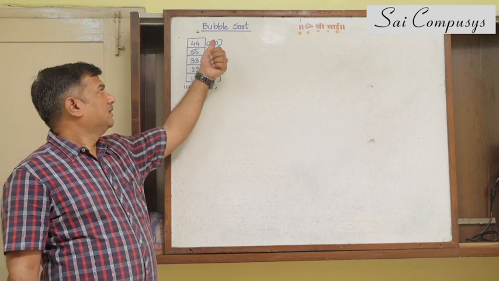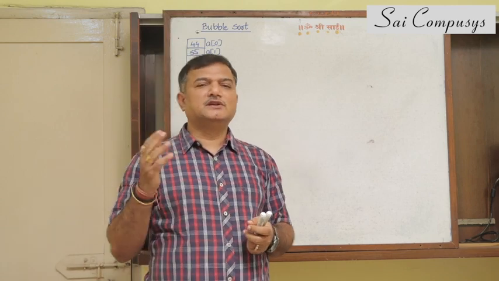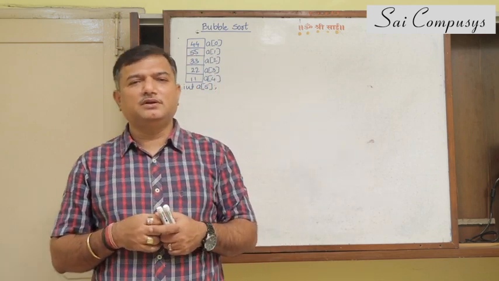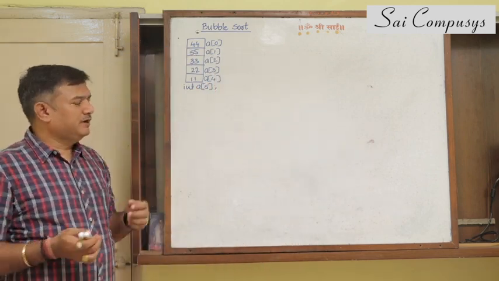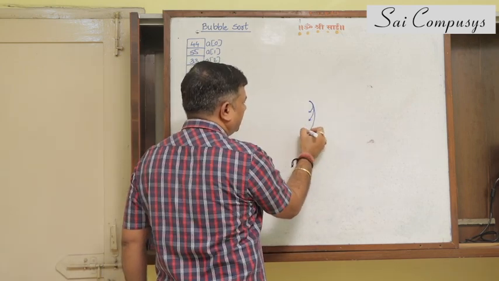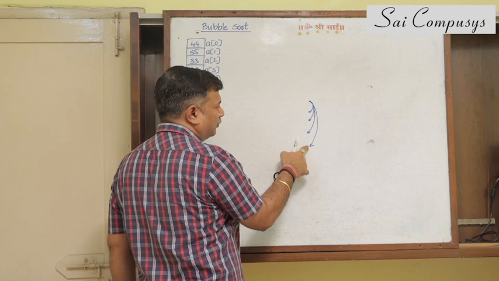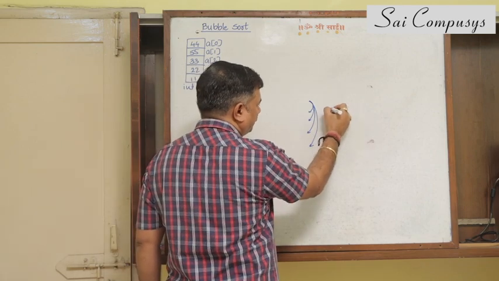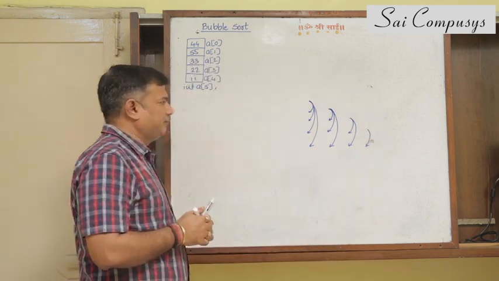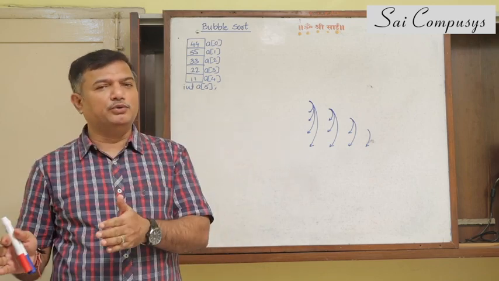So today we'll see bubble sort. In the last class I taught you about selection sort. Selection sort and bubble sort are quite similar. Their complexity is similar. What we did in selection sort was this: we selected an element and compared it with the elements below it. The 0th element was selected and compared with first, second, third, fourth. First was compared with second, third, fourth. Second was compared with the elements below it, third and fourth. Third was finally compared with fourth. This is called a selection sort. Select an element and compare all elements below it.